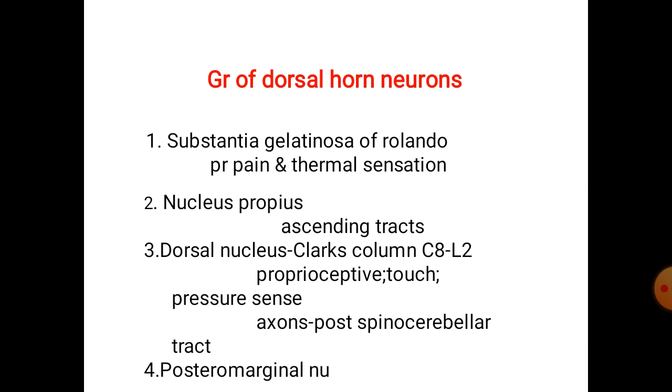Then just inside the substantia gelatinosa, a small post-marginal nucleus is there. So substantia gelatinosa, post-marginal nucleus, nucleus proprius, and dorsal nucleus, that is the Clark's column, are there in the sensory part. So these are the sensory cells present in the posterior horn or posterior gray column or dorsal gray column.